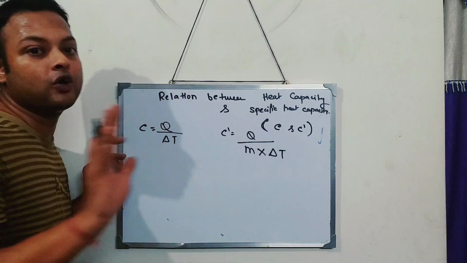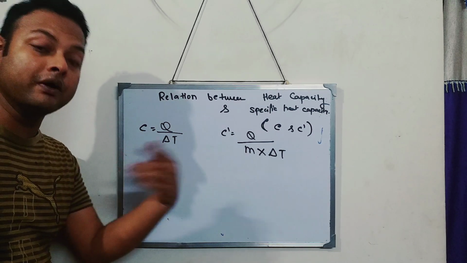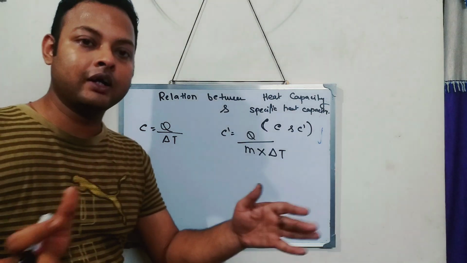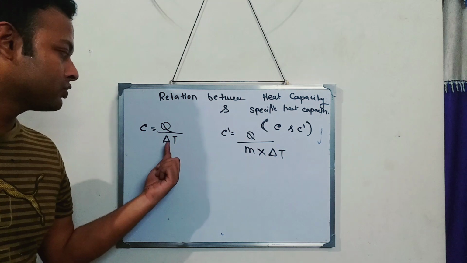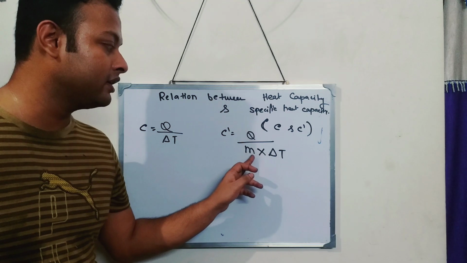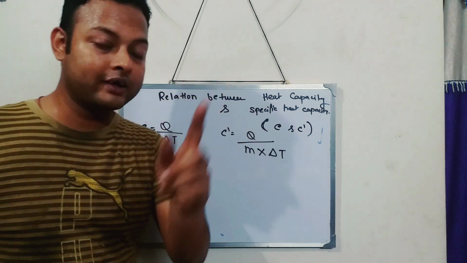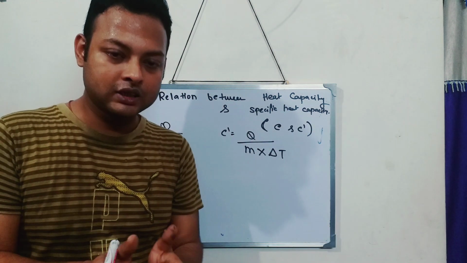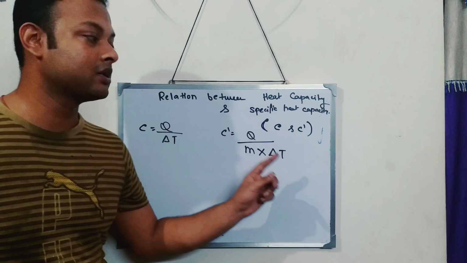But in actual it is just the opposite. It has no mass in the formula, so it depends on mass, because if there is no mention of mass, it means mass can be 1 kg, 2 kg, 3 kg, 10 kg, 100 kg, and the more the mass, the more heat will be absorbed. So as there is no mention of mass, it depends on mass. And since over here mass is mentioned, I always calculate this value of specific heat capacity for 1 kg. As the mass remains constant, it does not depend on mass.